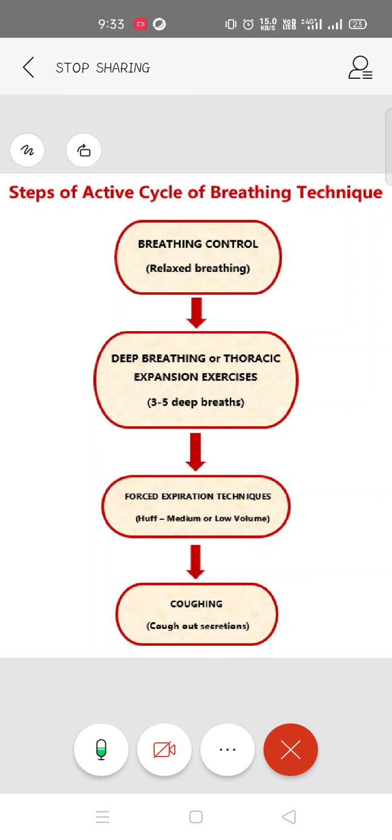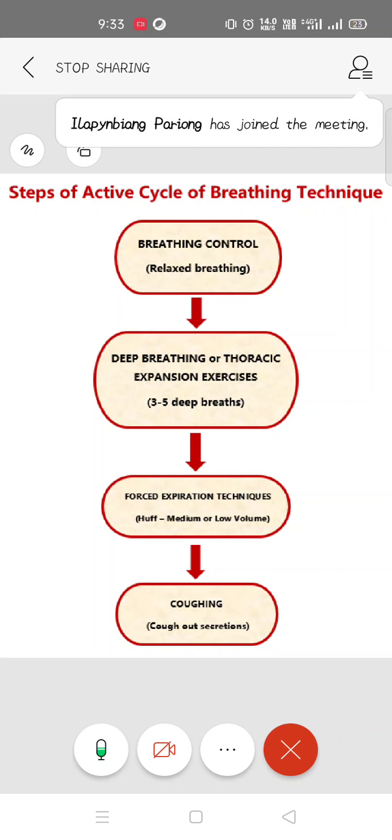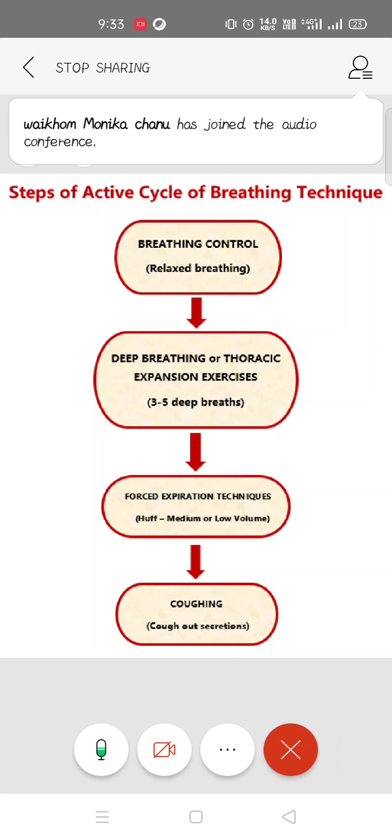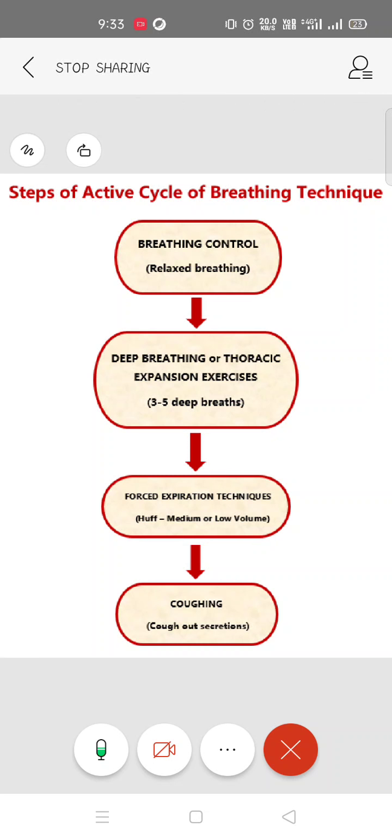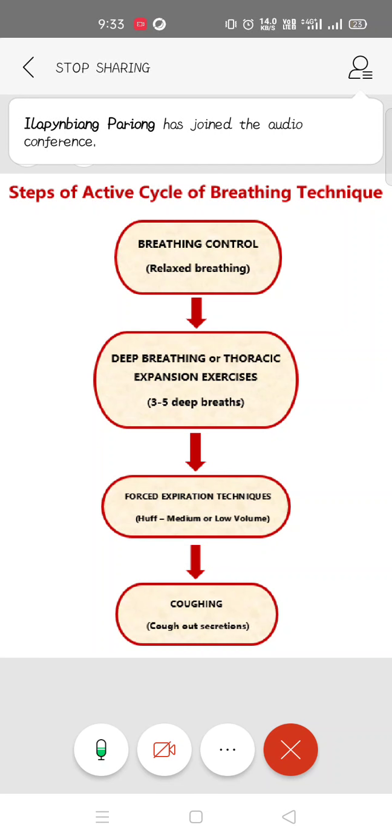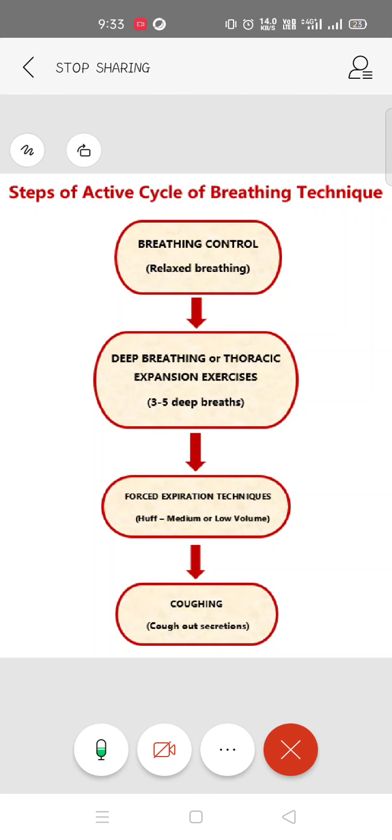Okay, because the accessory muscles are usually present near your neck and shoulder. So when these muscles are relaxed, the only muscles to come into action will be the primary muscles, that is the intercostals and the diaphragm. After that, you will ask the patient to make his breath slower, okay, and then try closing the eye. We'll instruct the patient to try closing your eye and focus on your breathing and then relax. That is only breathing control, okay.